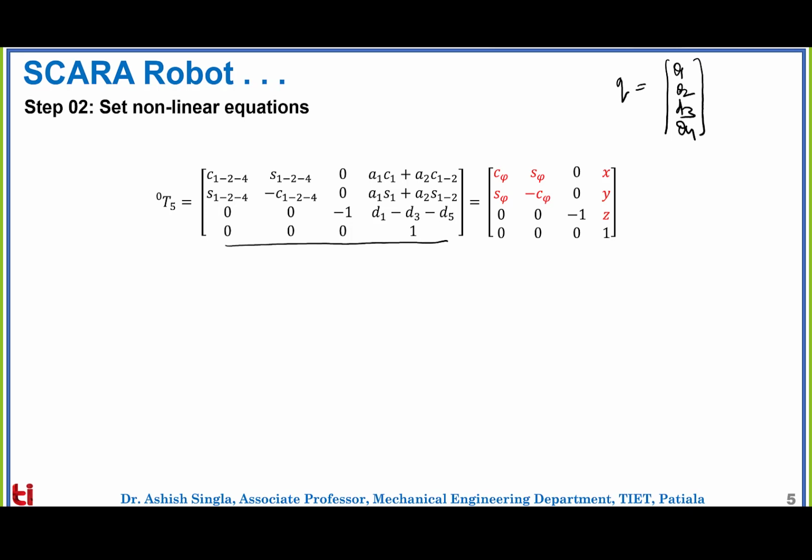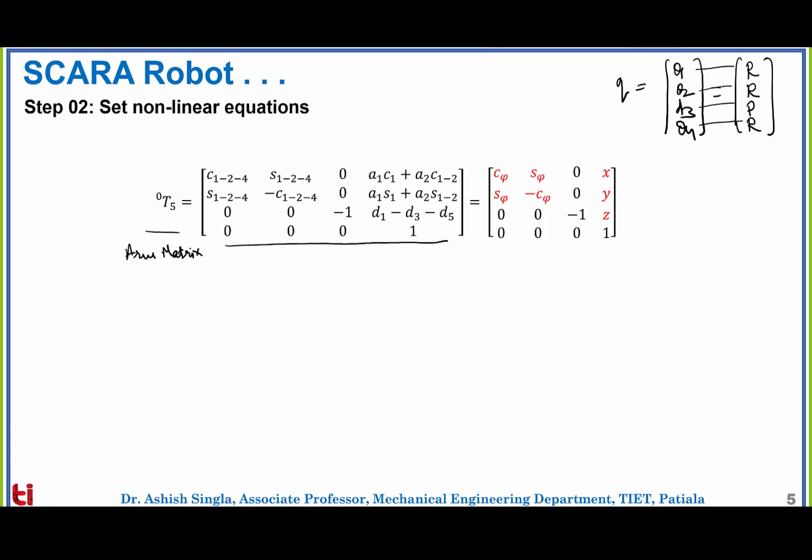These are the joint variables, because the first joint is rotational, the second joint is rotational, the third joint is prismatic, and the fourth joint is rotational. So that's an RRPR robot. That's why the corresponding variables are like this. So now we can write this. Let's say the final transformation matrix is given to us, this is called the RM matrix, with numbers like these.